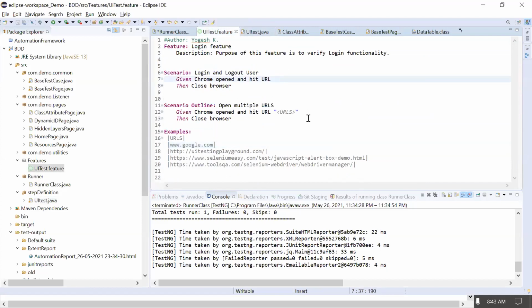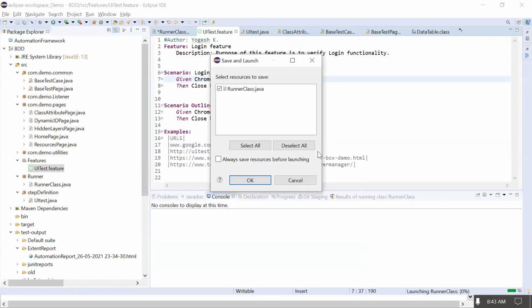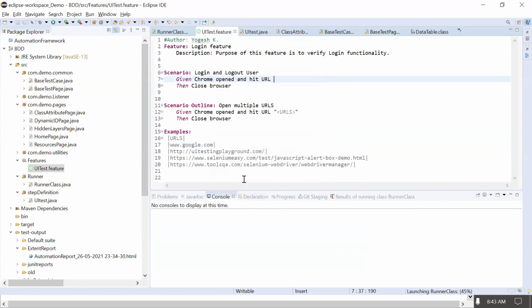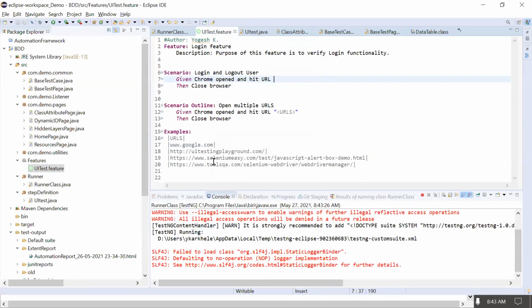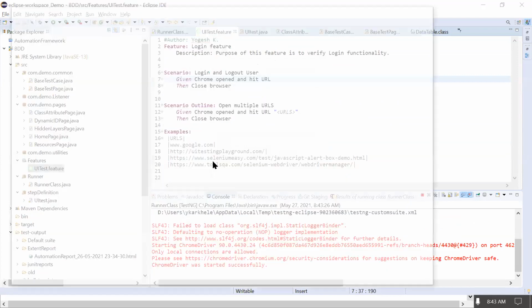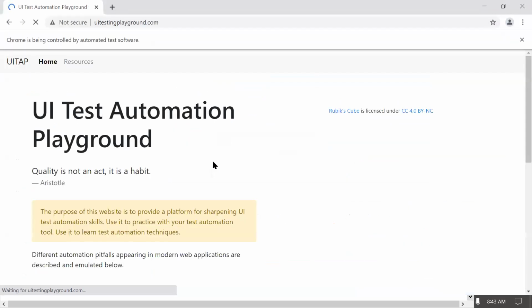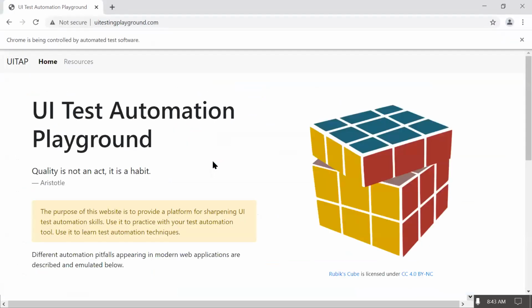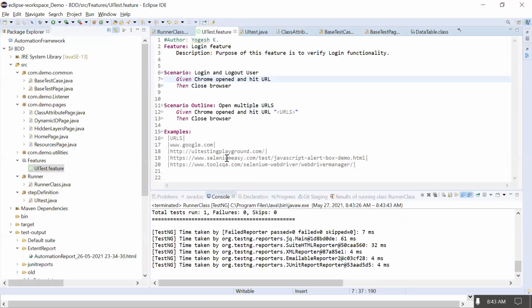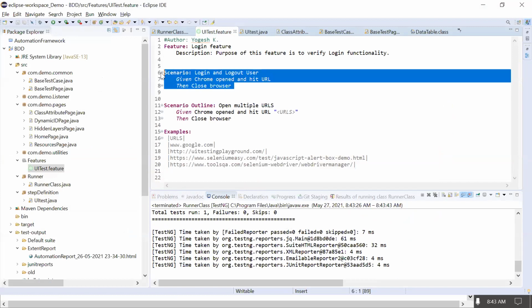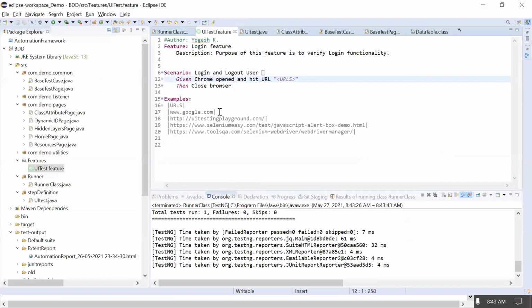So I'll execute this first and see if I get the method to write the code. It started opening, okay. It has executed this first test case. I'll simply ignore this.